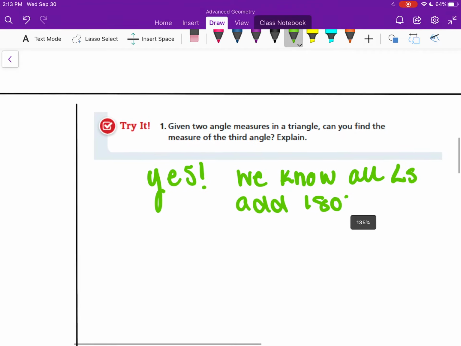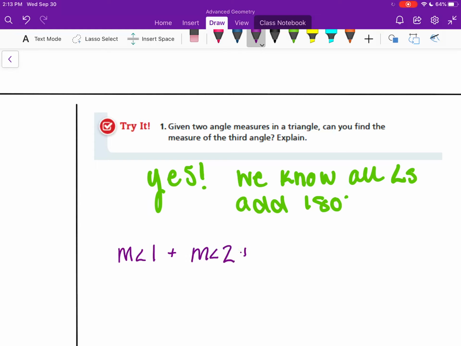So if we were to set up just a little example equation, we have three angles in a triangle, and we know that the measure of angle 1 plus the measure of angle 2 plus the measure of the third angle in the triangle has to equal 180 degrees. So if we were given two angle measures, like 1 and 2, we can add those together and then solve for the measure of angle 3 using our solving equations ability,